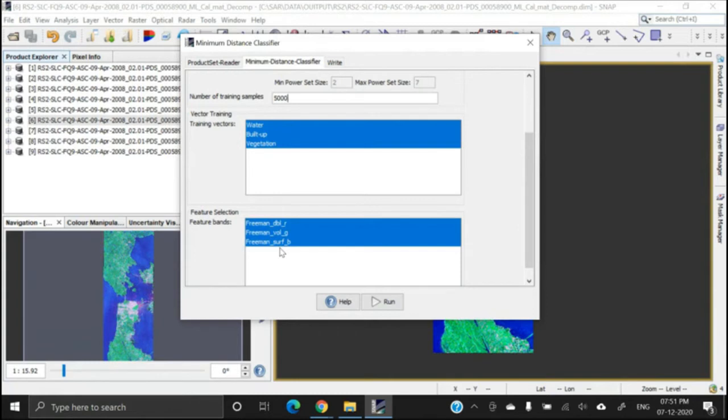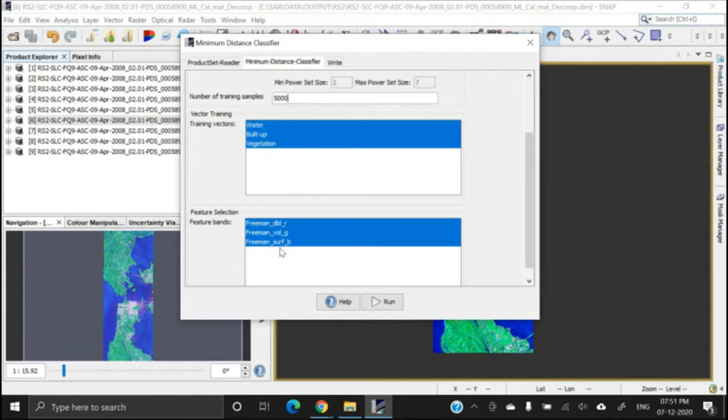Now see, as you know, more bands means more accuracy in classification, and that is why, if we compare optical images, multispectral images are always better than the panchromatic image, a single band image, for image classification.